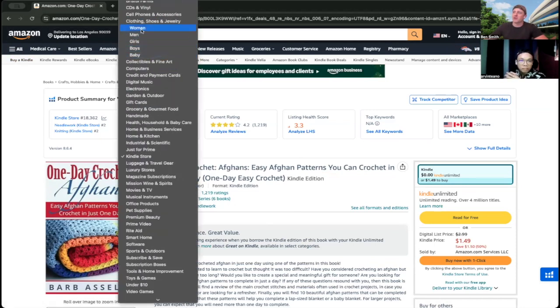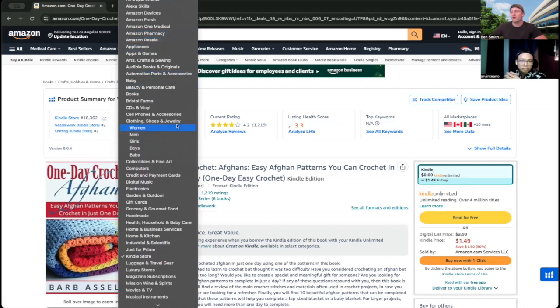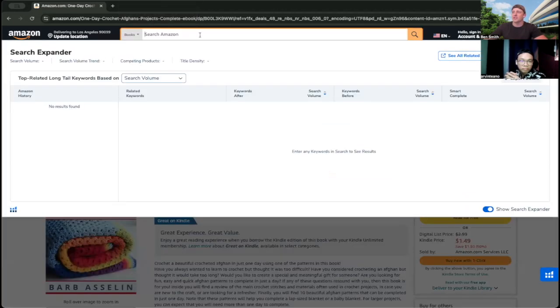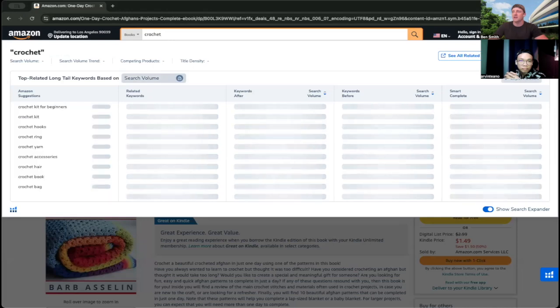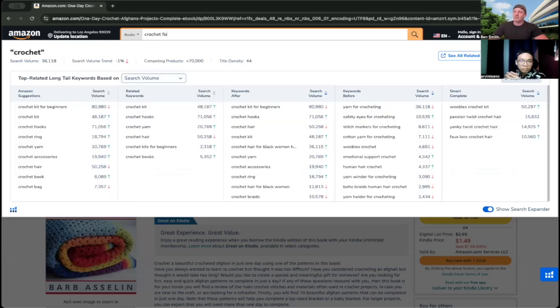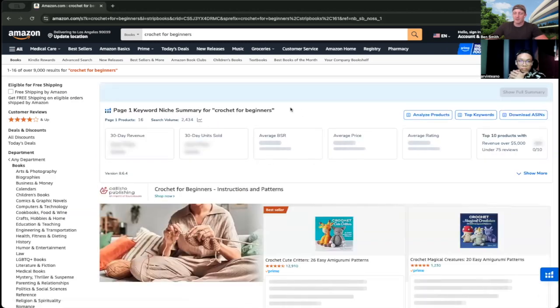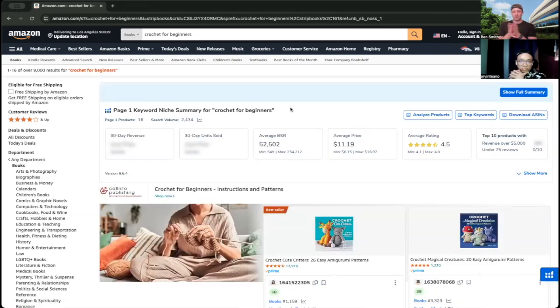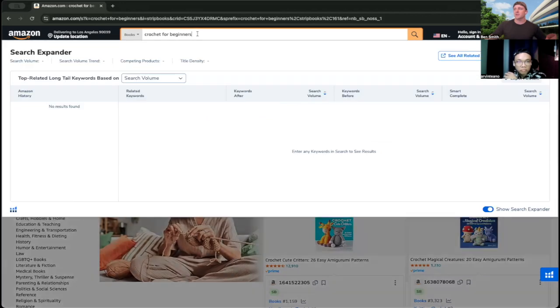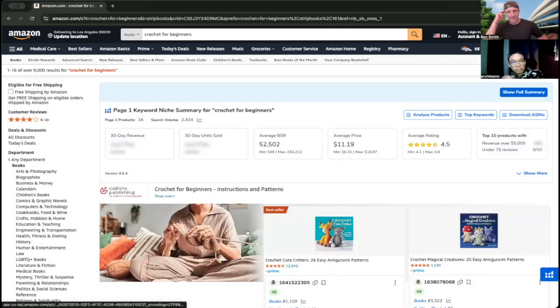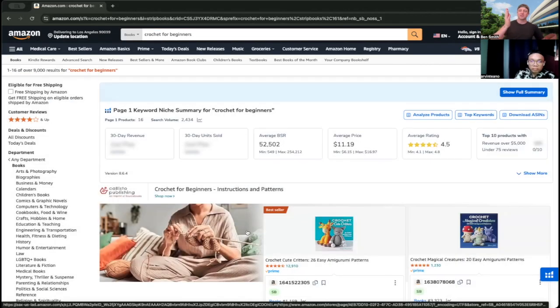So now I'm going to go back to the books category. Let's pretend that we know that we want to write, let's pick crochet since we're already starting there. I'm going to search crochet. And let's say for beginners, just because I love doing books for beginners. Number one, we need to identify what the main keyword is. So if I have determined that the main keyword I want to create a book around is crochet for beginners, maybe the potential title I have in my head is crochet for beginners, or crochet, a beginner's guide to creating your first crochet project, something like that.